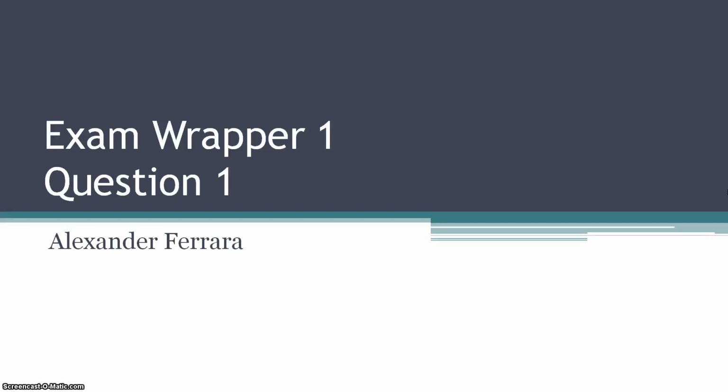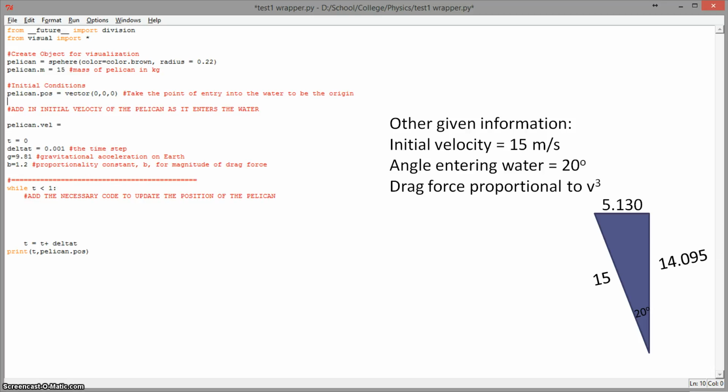Today we're going to be looking at, for this exam wrapper, question 1 from the first test, which involved a pelican entering the water under given conditions and the Python code needed to model that. Shown here is the code that was provided on the exam, as well as some of the initial conditions that